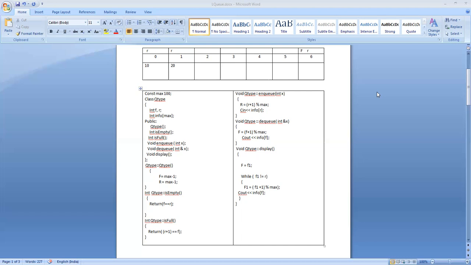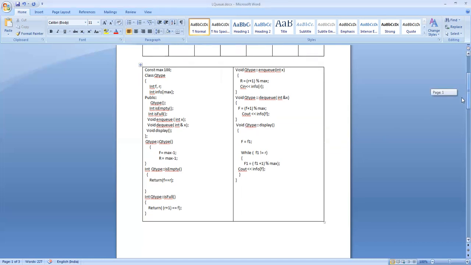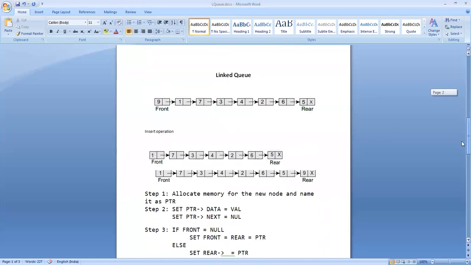Now look at this. This is the figurative representation of a queue. You see, it is made up of pointer connections. This is the first element of the queue.